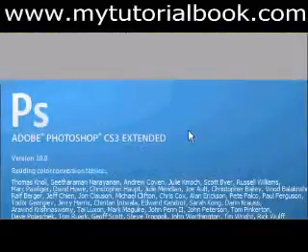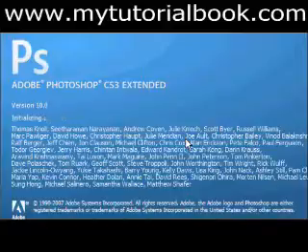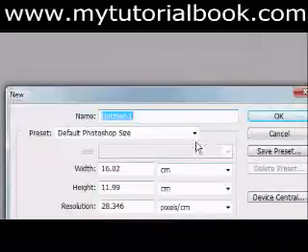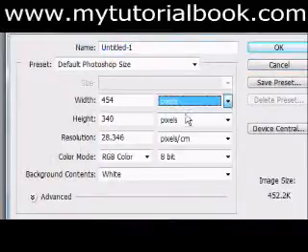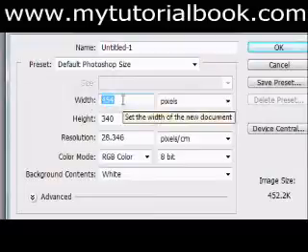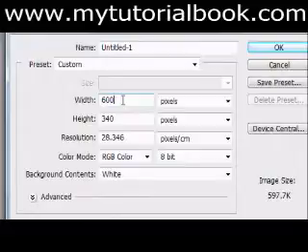Okay, so the first thing we want to do is open up Adobe Photoshop. In this case it's version CS3, the latest is CS4, CS1 to CS3 and CS4, generally the same. So now that it's opened, we want to go File, New, and a box should pop up looking something a bit like this. For width we want to go down to pixels and it should automatically change both to pixels. Select whatever really. For this I'm going to select 600 by 500